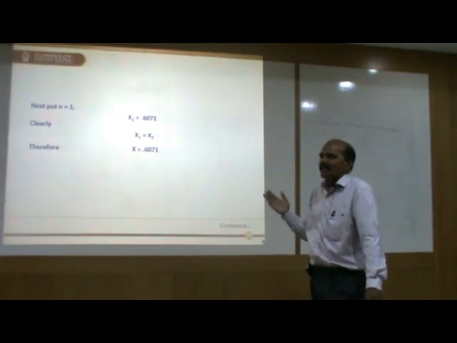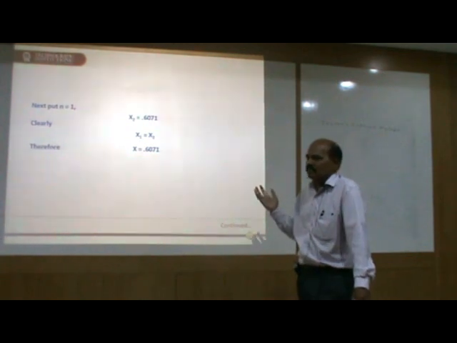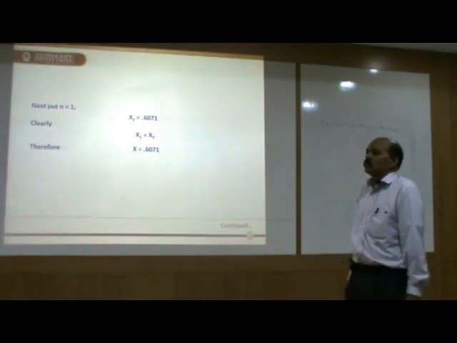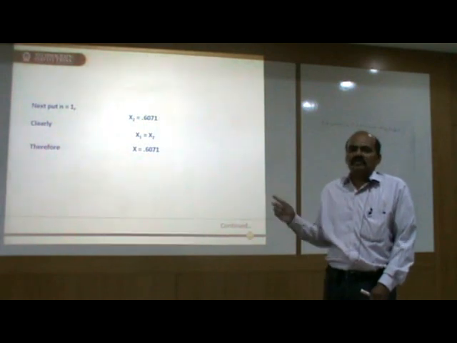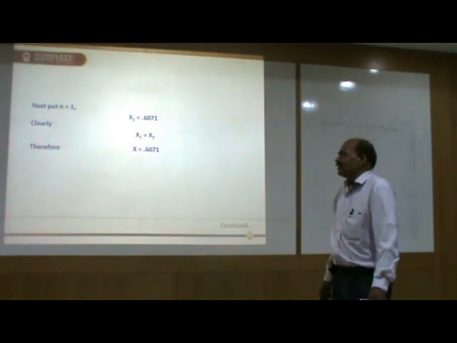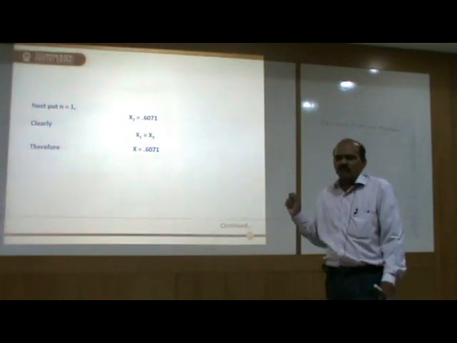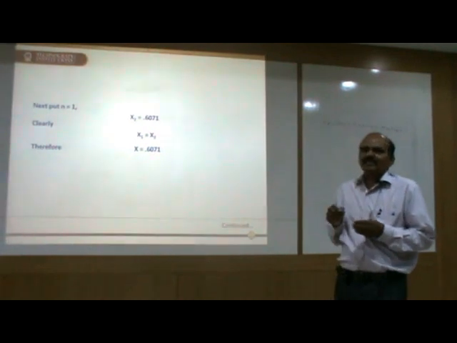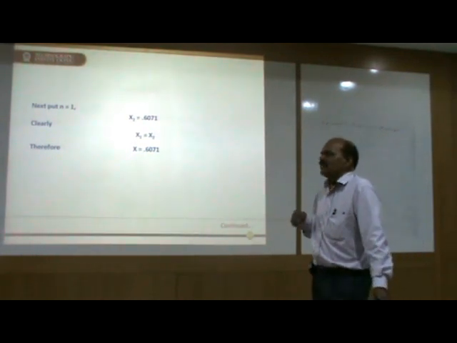Now we can see that x1 is equal to x2 up to 4 places of decimal. Therefore, the correct value of the root is x is equal to 0.6071. So we can conclude that one of the real roots of this equation is 0.6071. In the same question, if we had chosen x0 not 0.6, but 0.5 or 0.4, then the number of iterations will